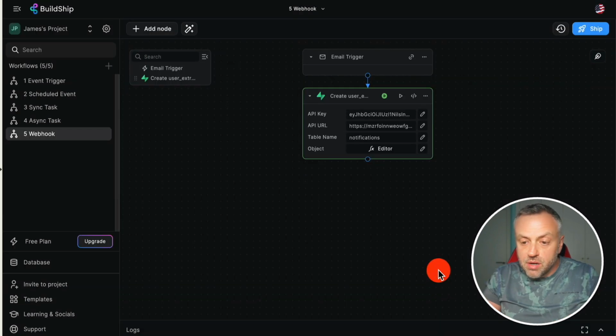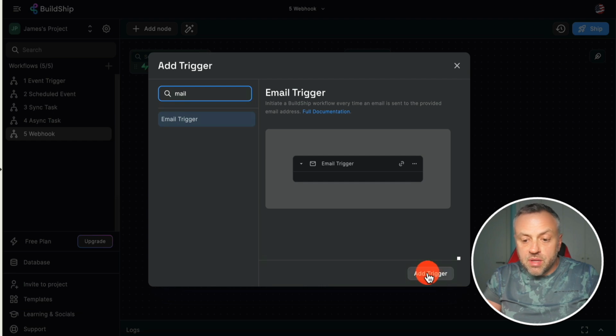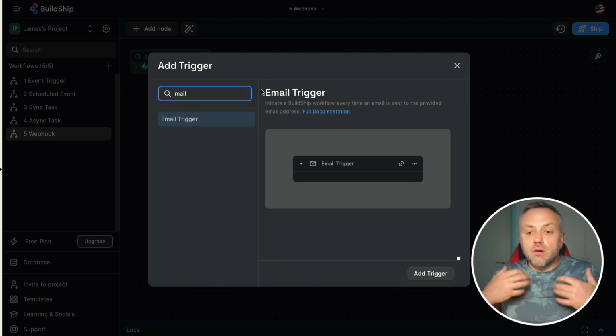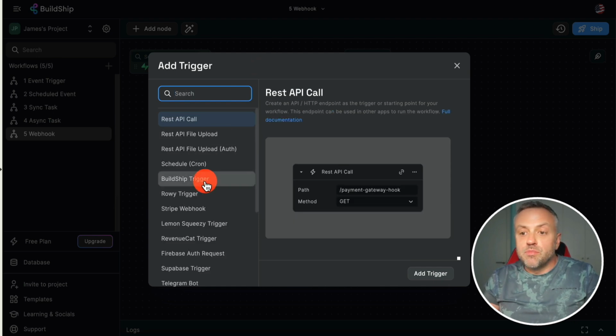So if I add this trigger here, that's all I have here. We have an email trigger. And so all I need to do is select this email trigger and add it here. And that way, our workflow is going to be triggered whenever there is an incoming email that has been received by the system. And this is awesome, because it allows you to build functionality that you wouldn't be able to otherwise build without